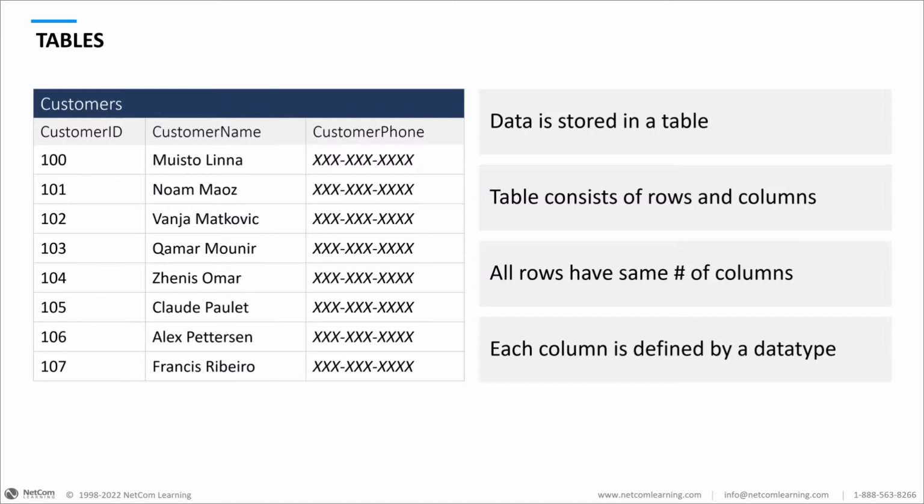Now, each of these tables has what is referred to as a primary key. So in this particular table, the primary key field is the customer ID. A primary key field has two unique characteristics. One, it is always an integer. Always, always, always going to be an integer. Second of all, no two rows can share the same primary key value.